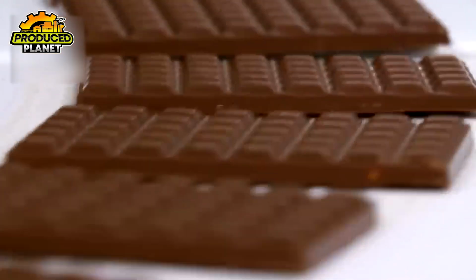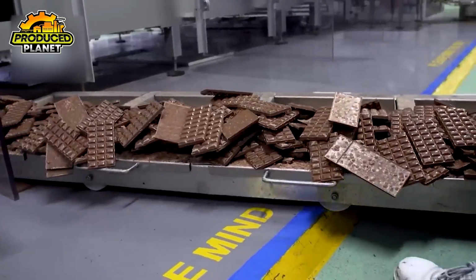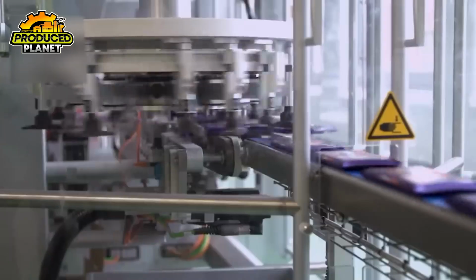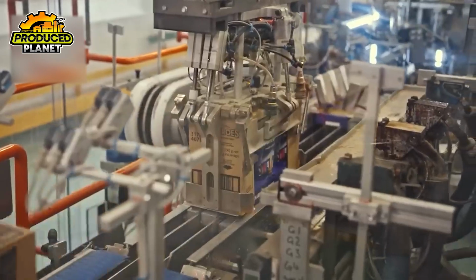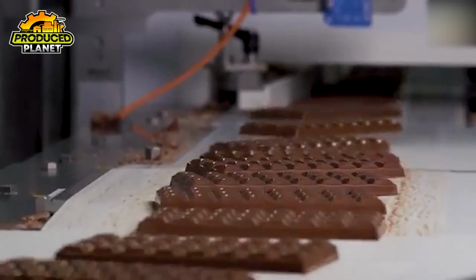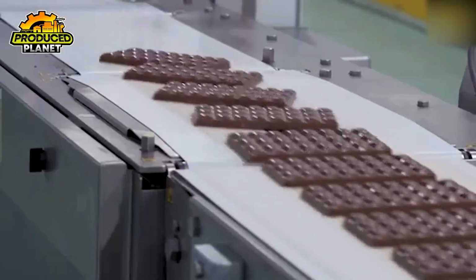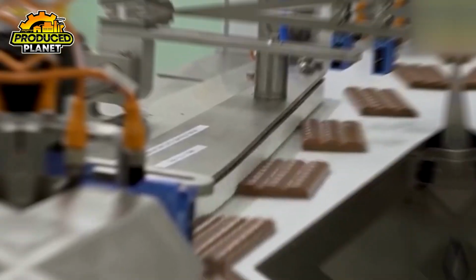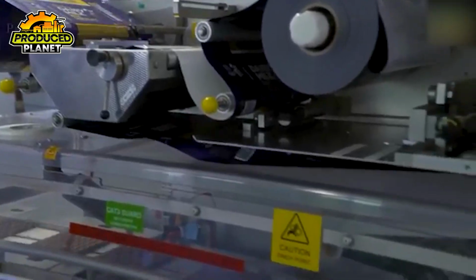The journey of Cadbury Dairy Milk doesn't end with molding. The cooled bars are sent to the wrapping section, where high-speed machines enclose them in Cadbury's iconic purple wrappers. These wrappers aren't just packaging, they're a symbol of the brand's legacy and commitment to quality. Cadbury has also embraced sustainability in its packaging. Around 85% of its laminate materials are recyclable, and the company is working toward making all packaging fully sustainable by 2025. The wrapped bars are packed into cartons and shipped to stores around the world, ready to bring joy to